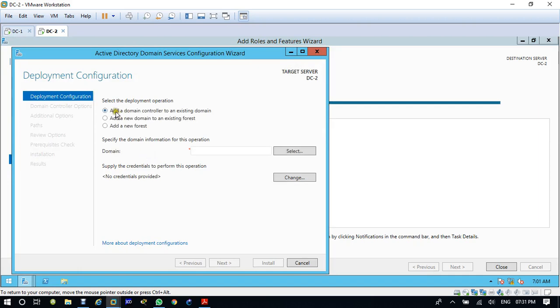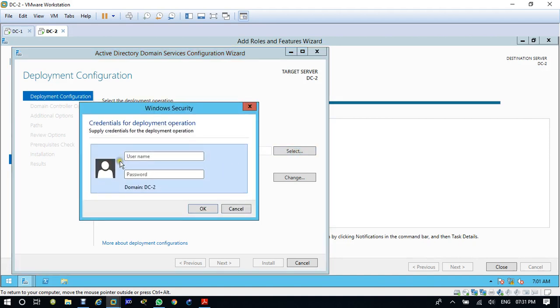Now we'll select add a domain controller to an existing domain. So we'll click select, then we write here